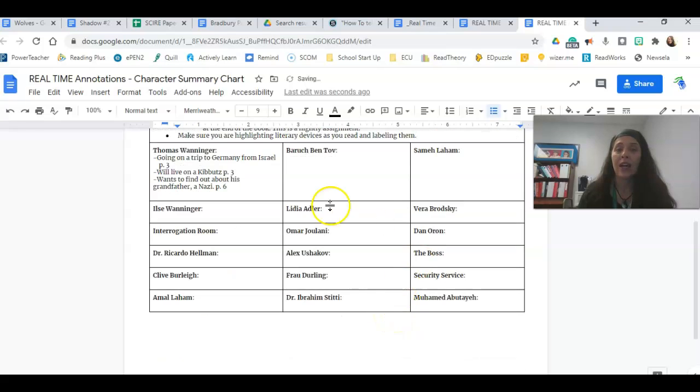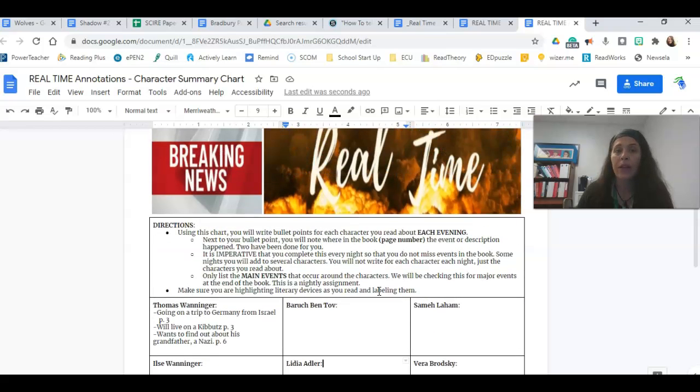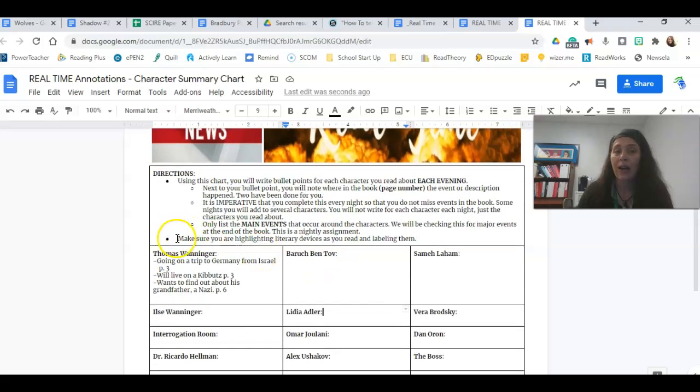You can see that all of the characters from the entire book are listed here already. So you're just going to click into the box where that character is and add a bullet point, or I put dashes. You can put bullet points, whatever you would like to do, whatever works for you. Every night you're adding to this, you're only adding to the characters you read about. The second thing that you're doing every single night